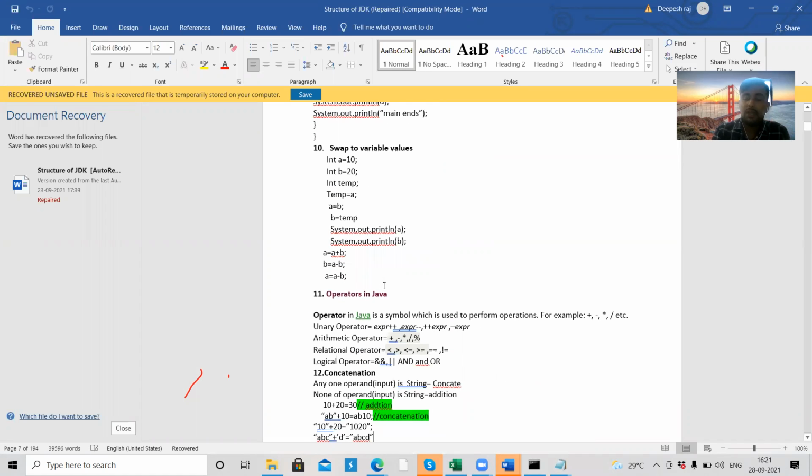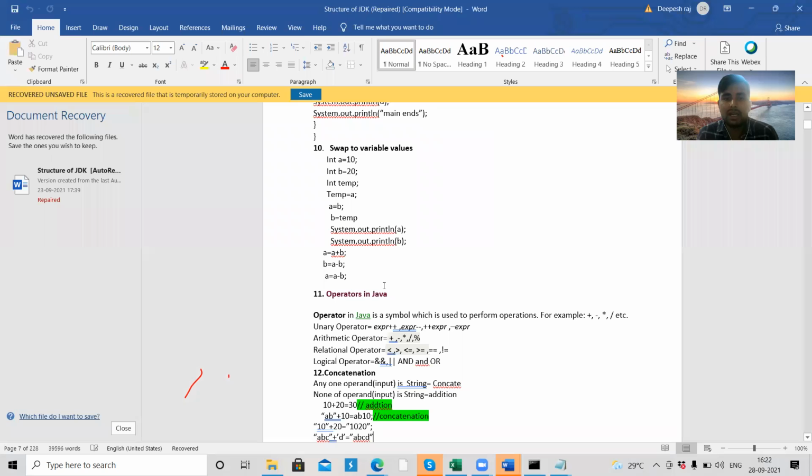Now in Java, we are going to do some operations. Just now we have done subtraction and addition. We are going to use some symbols to perform operations like subtraction, addition, multiplication, division.